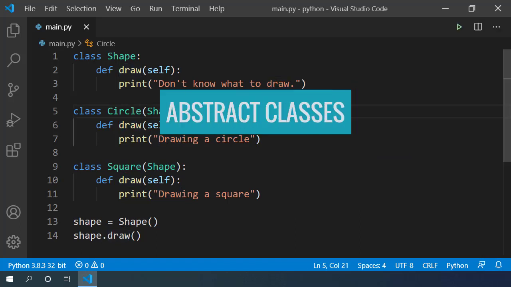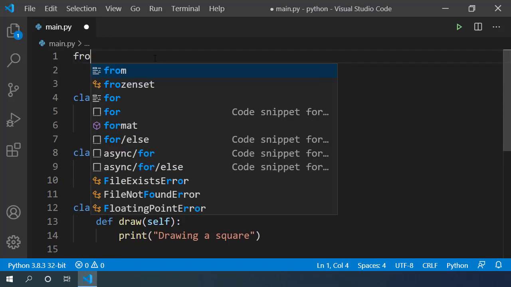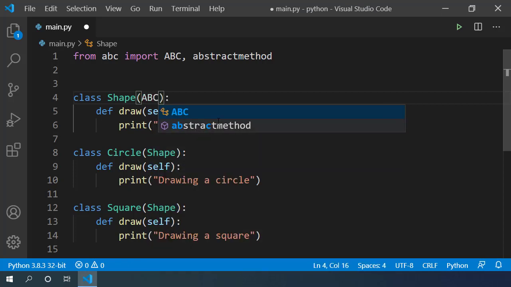Abstract classes are basically incomplete classes which cannot be instantiated, but we can extend them. To create an abstract base class, we need to extend the built-in class ABC, which stands for abstract base class. At the top, let's write from abc import ABC and abstractmethod decorator. Now we simply need to extend this ABC class while creating our Shape class, and let's decorate our draw method